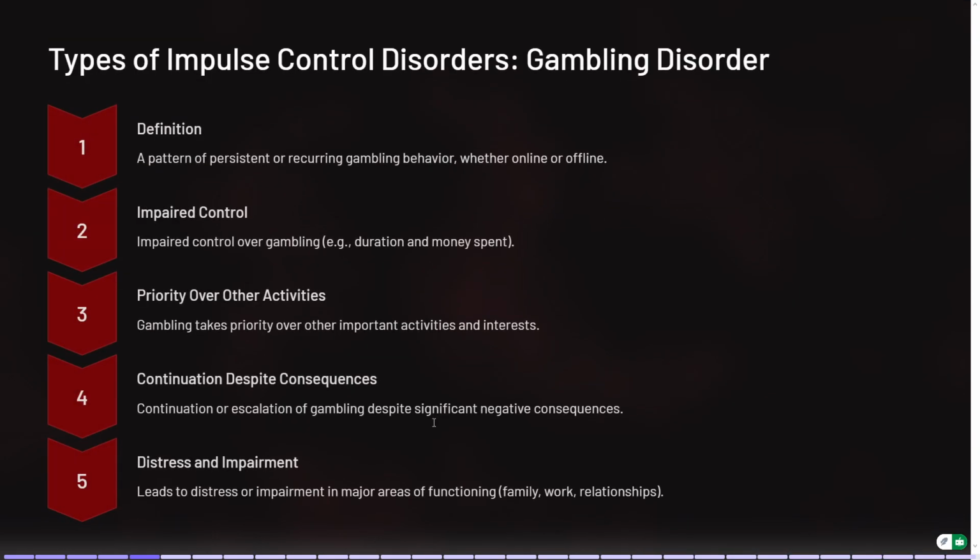The third one under this category is gambling disorder. Gambling disorder is very, very serious, especially nowadays where there are a lot of betting sites. It can be very difficult to control. Another thing about gambling disorder is that it is very close to substance addictive disorder. It is a serious case, like the person might even spend all his savings just to be able to fulfill the